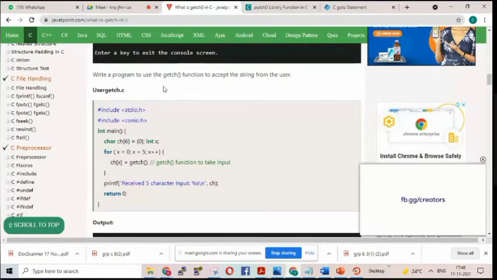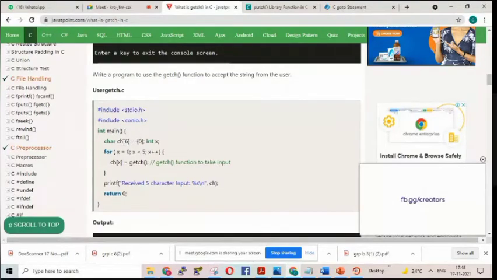Getch is used to accept a character from the user. There are many other uses also. Later on, when I do this in detail, I will explain. As of now you can see, because that day, due to time, I could not tell you. So I will show you with the help of a website. You can see here stdio.h and conio.h are included, and now you have been introduced to the for loop. Not array yet, but you can understand this part of the program without knowing the concept of array.